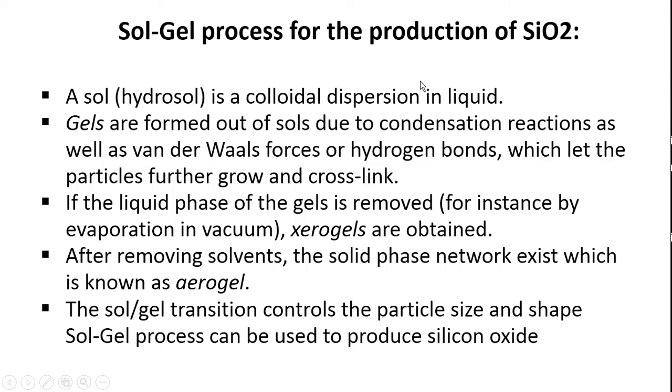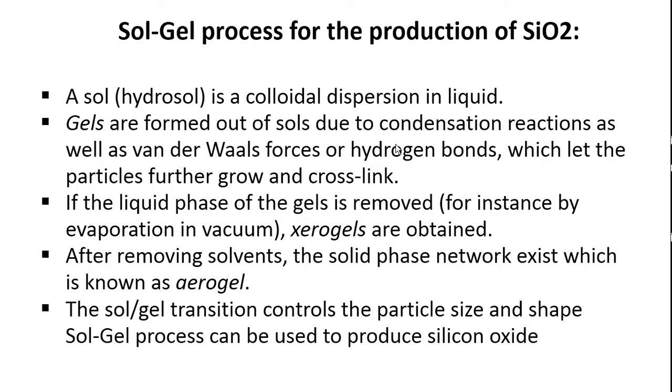Then in that case, there are certain steps involved in the sol-gel process that only you have to write. If you are asked to write the sol-gel process in a very elaborated way, what is meant by sol-gel process, explain with 10 marks, then there are different processes like calcination that take place. I have given a very detailed note on the sol-gel process and the preparation of silicon oxide separately. If you are asked for the preparation of silicon oxide using sol-gel process, then you can write it down. And if it is asked for 5 marks, then you can write down the sol-gel process for production of silicon oxide only.